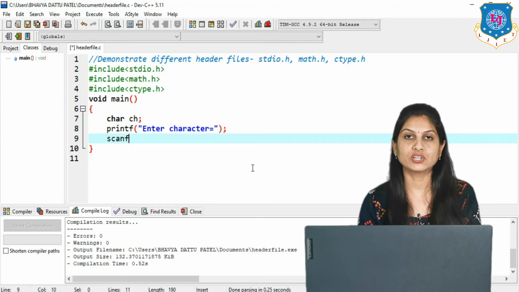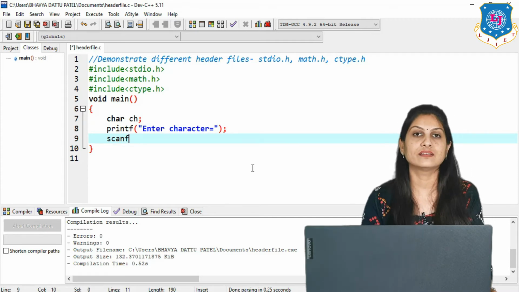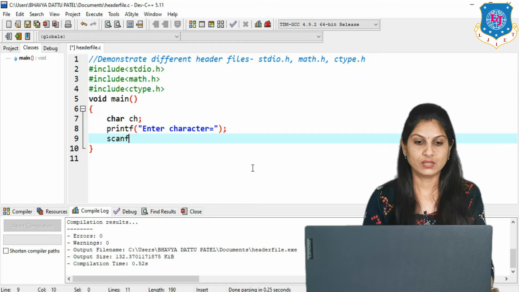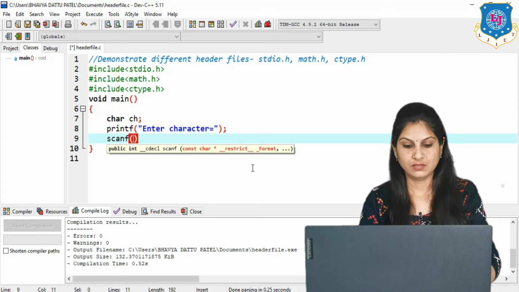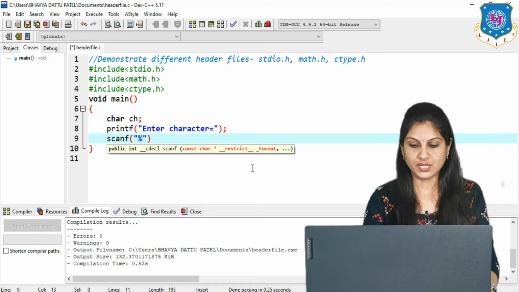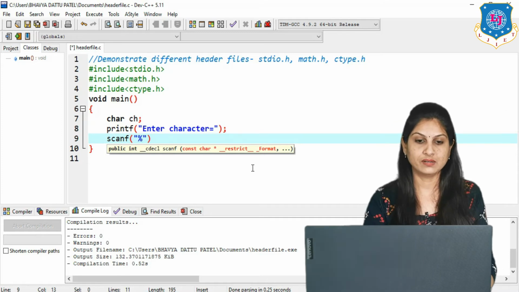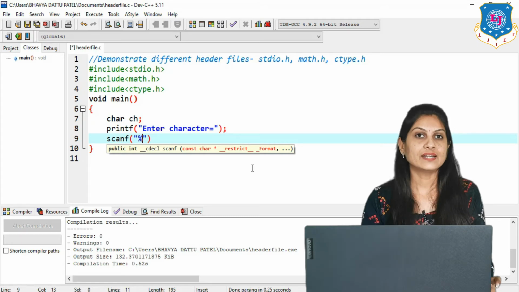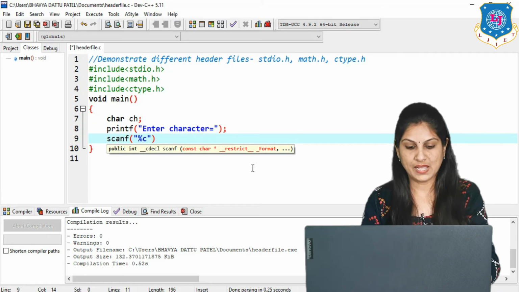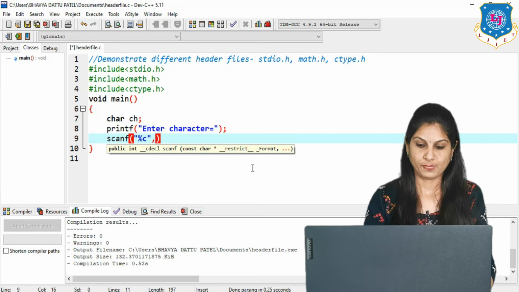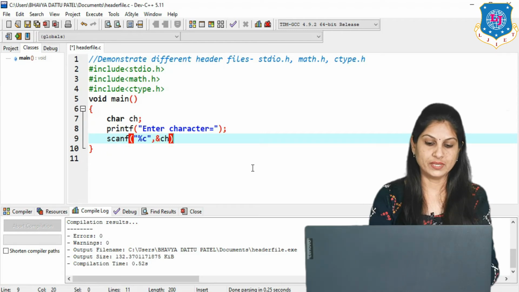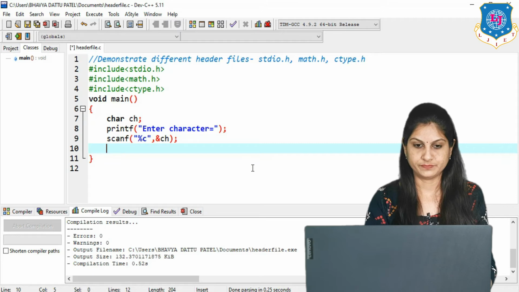Also we have another function to read the character, like getchar. So you can use any method. Now the character data type is there, so inside scanf we have to pass %c and &ch.